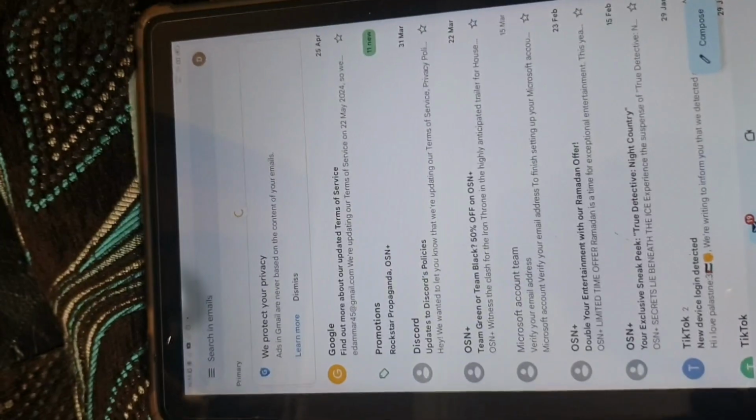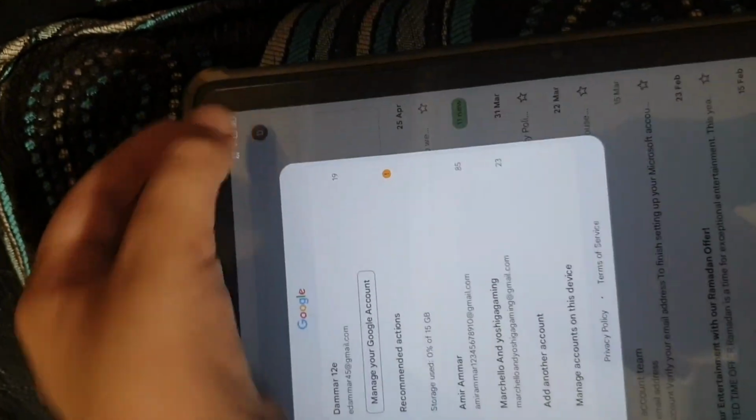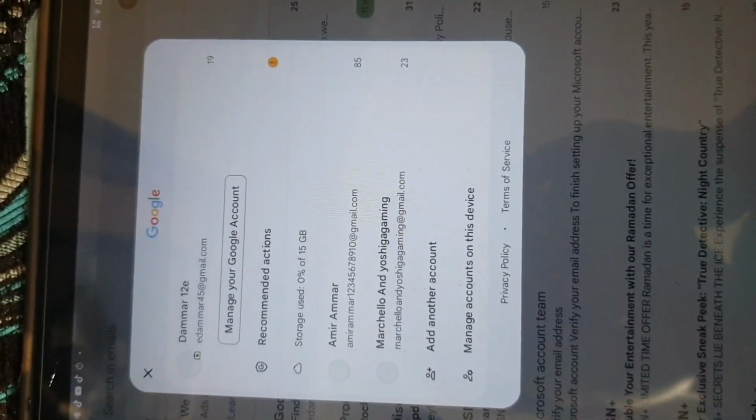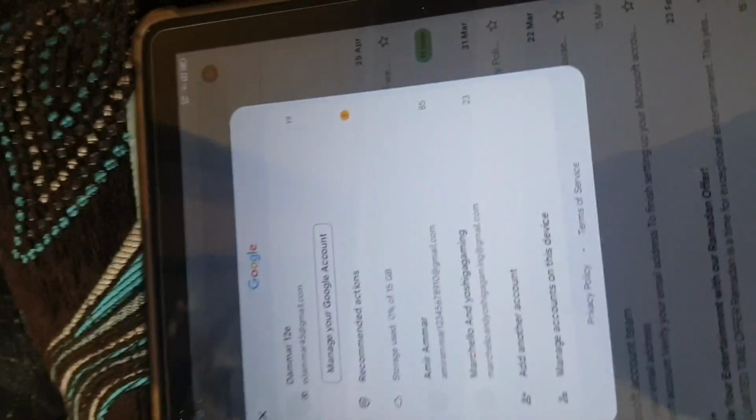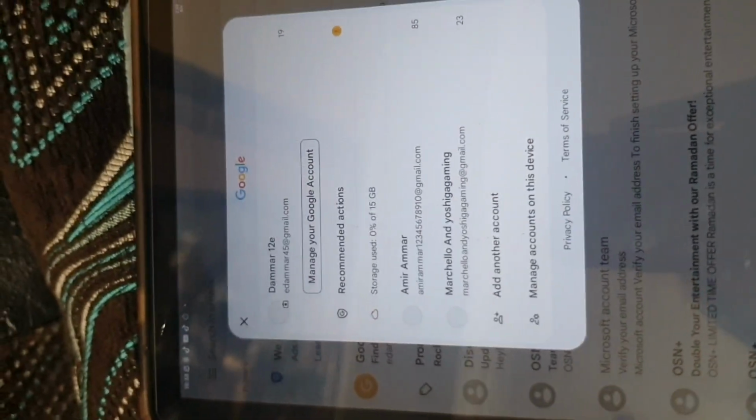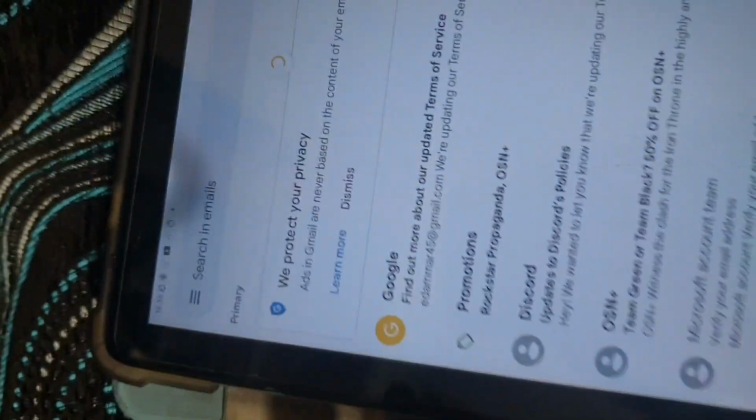Okay, as you can see, I've done something wrong. You have to put your Gmail, one of your Gmail accounts, and then they will send you a notification code. They will send it in here.